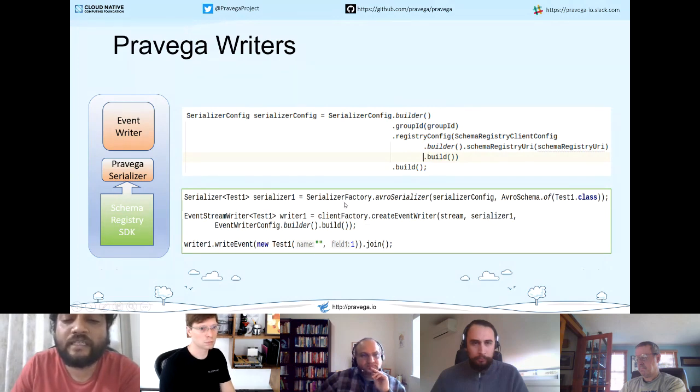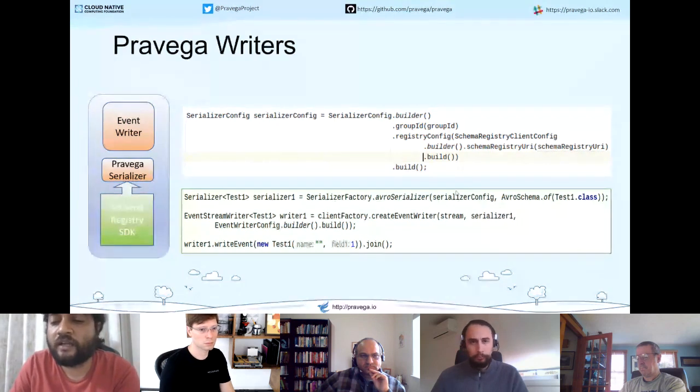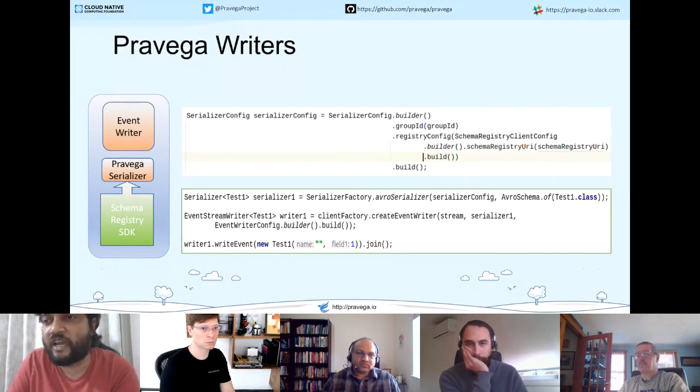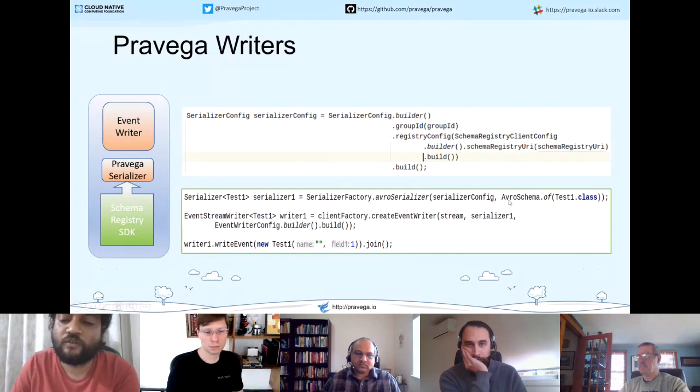We provide serializers. We have serializers for Avro, Protobuf, and JSON. Apart from that, we allow custom serializers that you can define and use. And for Avro, Protobuf, and JSON, we have this good convenience of getting the schema from either the generated classes or the POJOs if that serialization format allows for it. For example, for Avro and JSON, you can take a Java POJO object and extract a schema out of it. So all you have to do is say JSON schema of your class name or Avro schema of class name, and it will get the schema, which will get registered with the service.